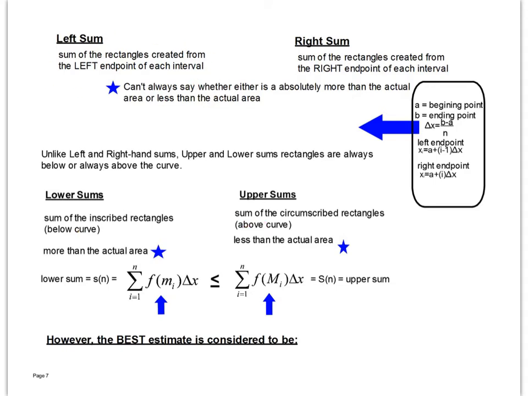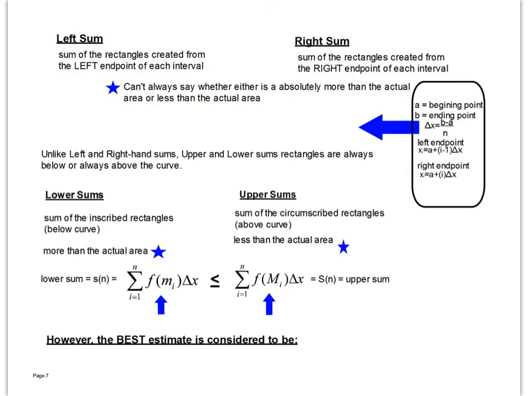So these left sums and right sums have formulas that we talked about in that last example. You find a left endpoint using this formula, the right endpoint using this formula, where a and b are your beginning and ending points, and that's how you find your delta x's. Now, your lower sum, remember, you can always find using inscribed rectangles. Rectangles are always below the curve, and it's always,